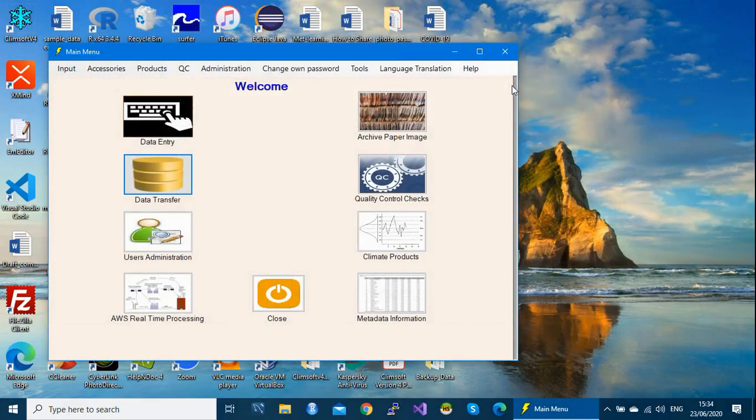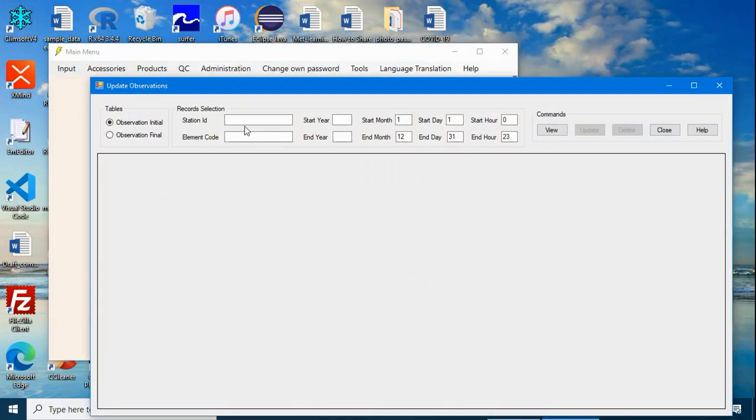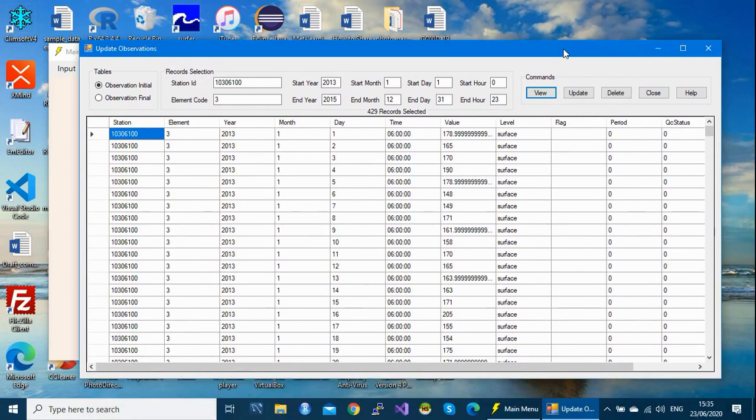Come here under the menu administration, update observation, check one of the stations, maybe this one. As I said, after migration, data goes into the observation initial. Check one parameter. Our data was from 2013 to 2015. Select view. As you can see, your data has been migrated successfully.